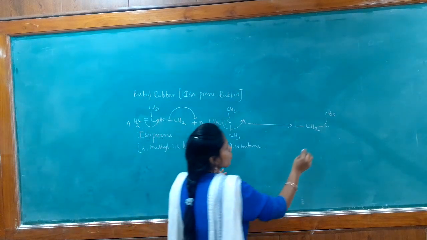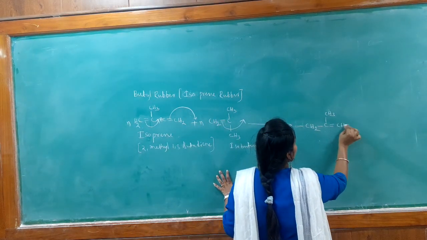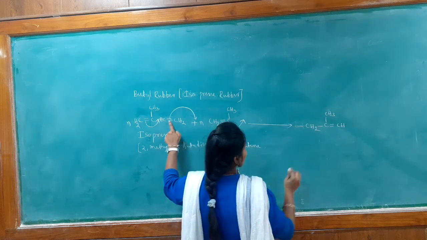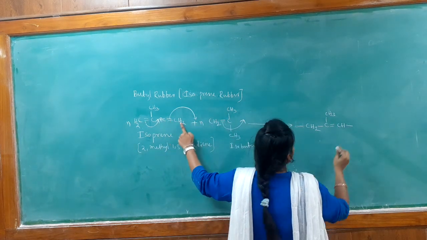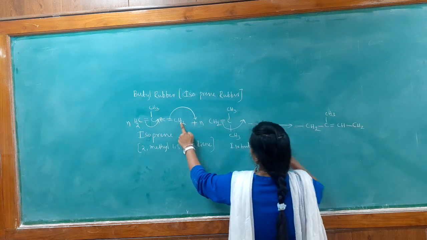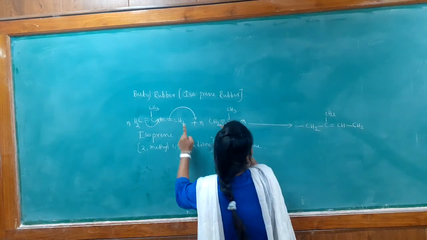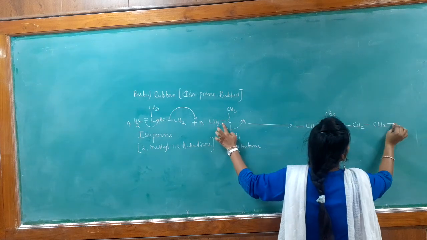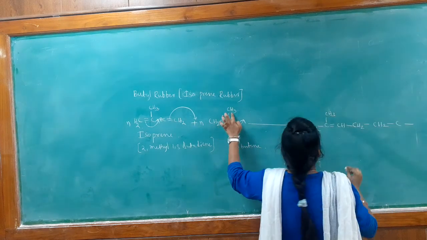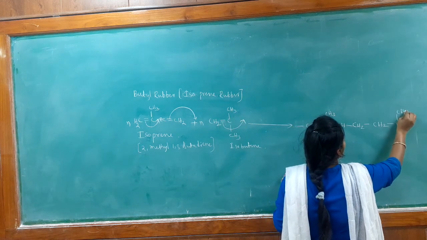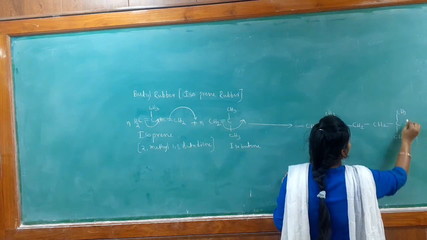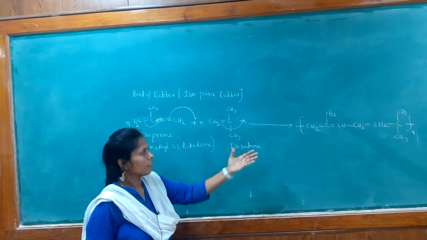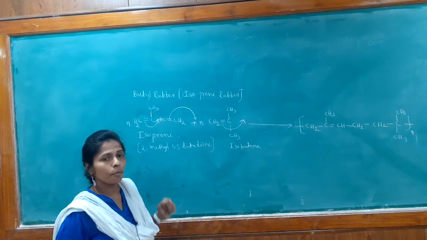This single bond converts to the double bond because one of the bonds is shifting from here to here. So the double bond is converting to single bond, CH2. We will get the new bond between CH2 and CH2. And this double bond is shifting from here to the next monomer. And these methyl groups are not participating in the reaction, so these are as they are on the monomer unit. So this is isoprene rubber or butyl rubber.